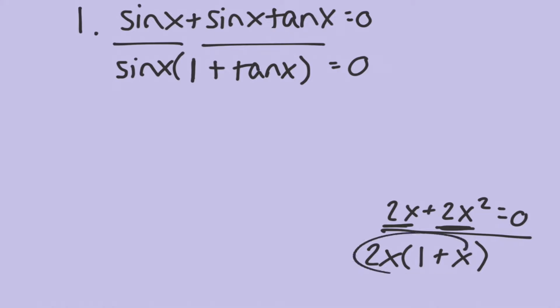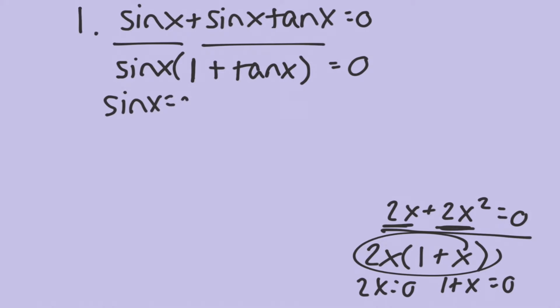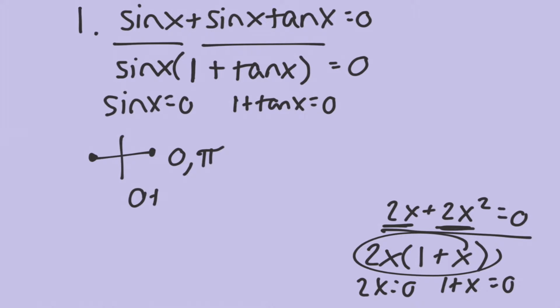Now, just like we would down here, you could set each factor equal to 0 to solve for x. That's what we're going to do up here. Sine of x equals 0, and 1 plus tangent of x equals 0. Sine of x equals 0, we need y to be 0, that's here and here, so that's 0 and pi, but we're solving for all solutions, so 0 plus 2 pi n and pi plus 2 pi n,